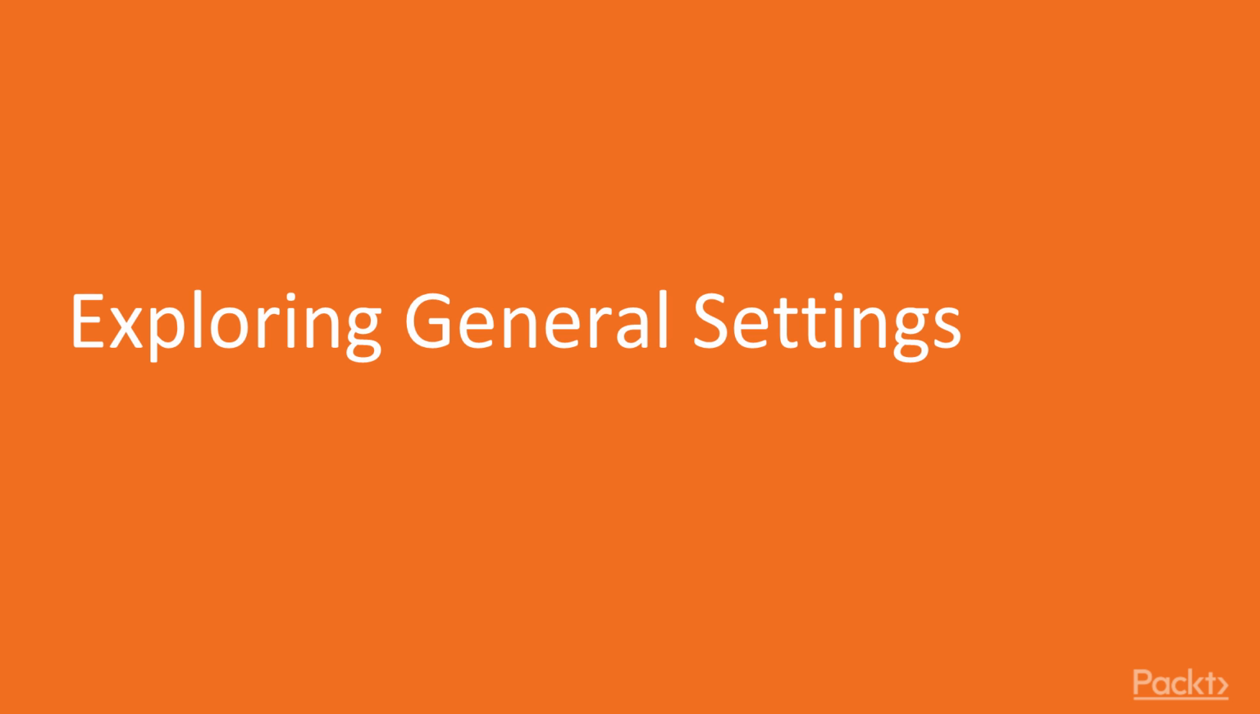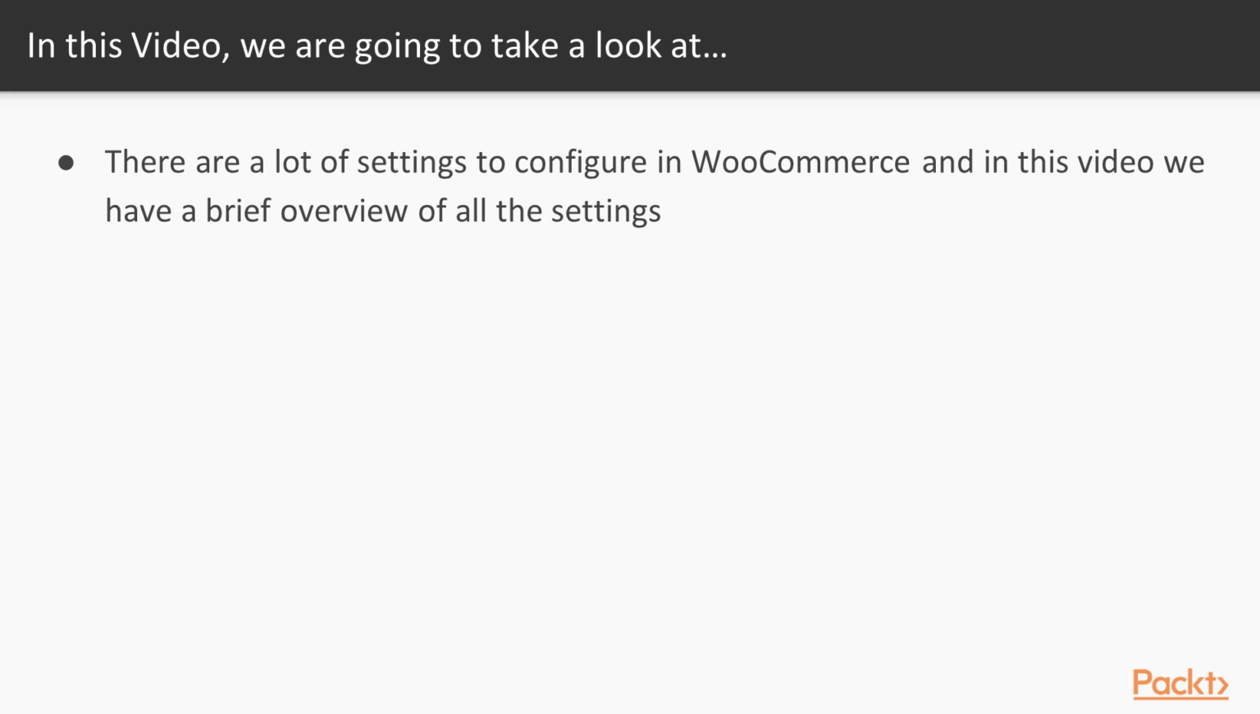In the last section, we installed and set up WordPress. We added the right theme, downloaded WooCommerce, and even added the dummy data. Now it is time to get down with exploring the general settings of WooCommerce. This section, we will go over all of the settings in depth, and this video is just an overview of